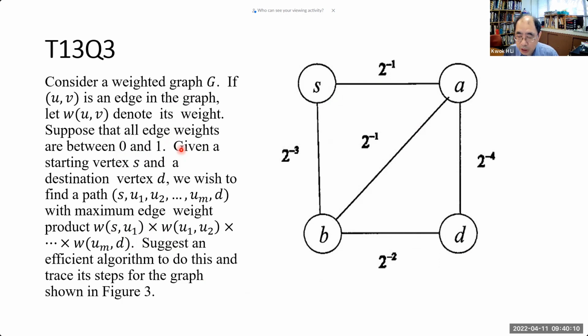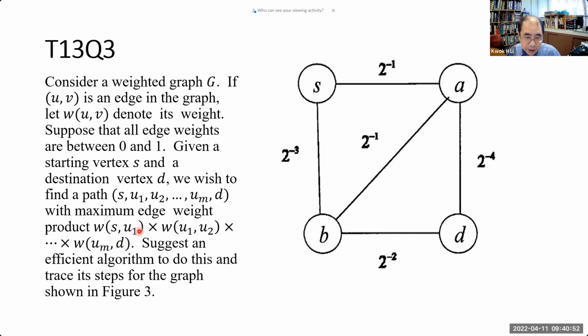You should try to transform this problem to a minimum path problem, then you can apply the shortest path method to solve it. As you can see, this is a product, and the one we know is the sum, right? Because of minimum weight. So you have to transform this from product to